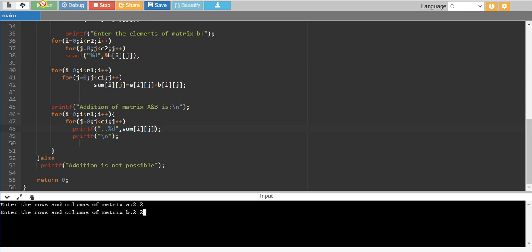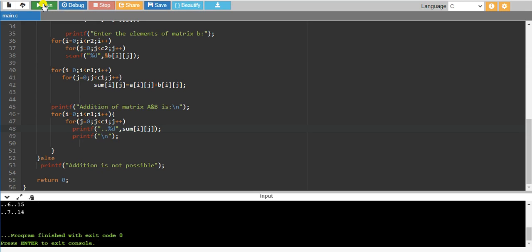Then enter the elements of matrix A. I'll enter 4 8 in the first row, then 1 4 1 5 in the second row. This is my first matrix. Then enter the elements of matrix B. Here I'll add 2 7, then 6 9. This is my second matrix.